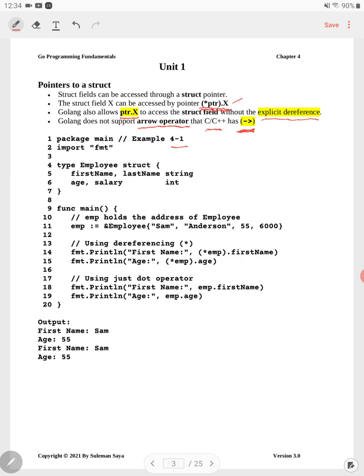That means our code will be compiled, okay, and it will generate a binary file. And within this code, we are using the fmt package. So we import that package so we can use the Println function to print out the data within the variables, and then we declare